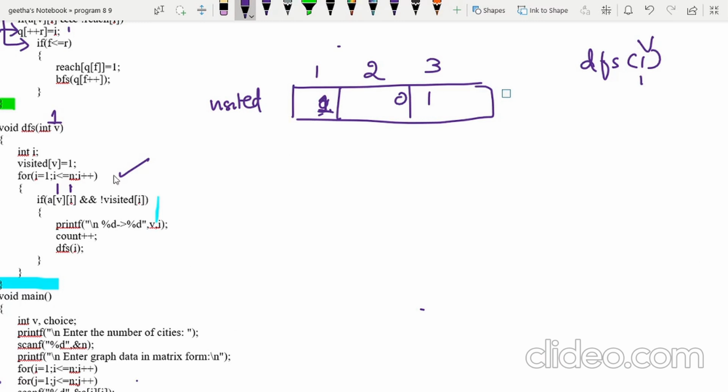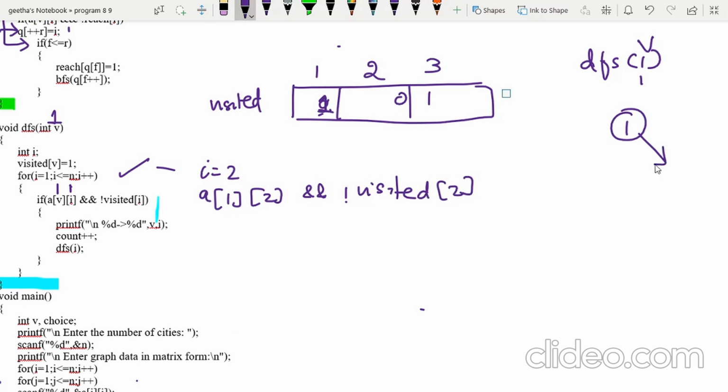Next I becomes 2. Again you check A of 1, 2 and not of visited of I. I is 2, so you are going to check whether node 2 is visited or not. You know the graph. Is there any edge between 1 and 2?